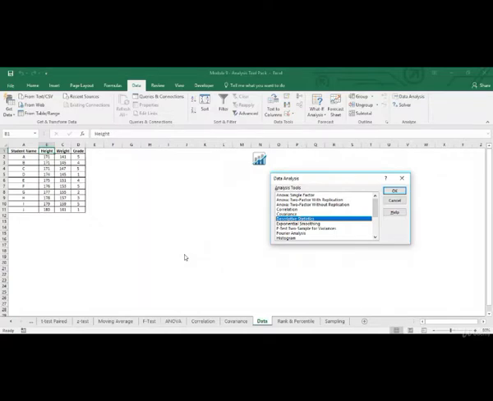Now, there are two types of descriptive statistics, and they're known as either measures of central tendency or measures of variability or spread. Now, measures of central tendency include metrics like mean, median, mode, and measures of spread or variability include variables like standard deviation or variance. Variance is just the square of standard deviation. Then we've got variables like minimum and maximum, which help us in identifying the range of the data set. And then we've got kurtosis and skewness.